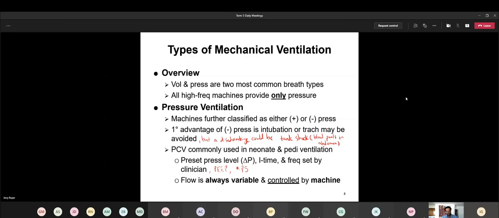It will have to change from breath to breath sometimes because your lung mechanics will change. So if you didn't give the machine the ability to make those changes on the fly, like one breath, the peak flow may be, say, 8 liters per minute, but then the next breath, it might end up being 11 liters per minute. And then the next breath, it might go back to maybe like 9 liters per minute. So it just needs to have that control of flow. So that way it can